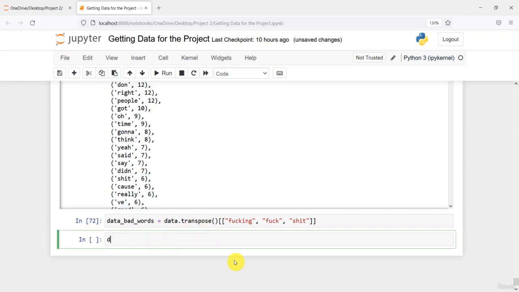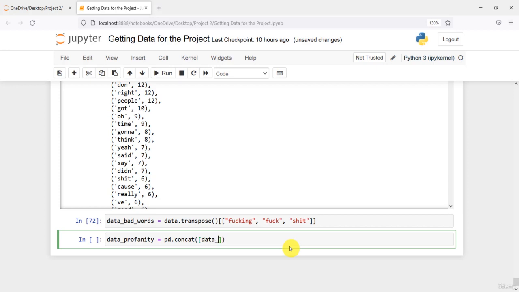And now I'm going to create an object containing the profanity, and I'm going to concat. What am I going to concat here? I'm going to concat every bad word that has been spoken by the comedians into this data profanity. So I'm going to create, let's say, two lists. In the one list, I will create an F word column, and in the next column I will have the S word. So for that, I will create a list comprehension,